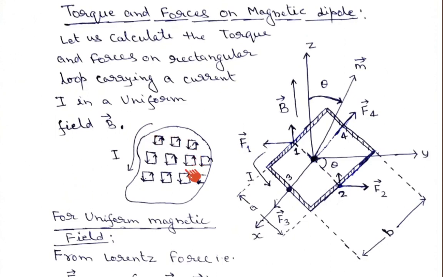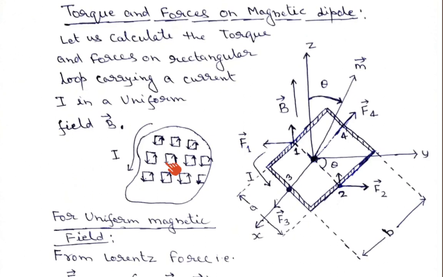The inner side of the dipole will contribute 0 current, but the outer side, which is close to the interface, a boundary, will contribute a current. That gives the total current in the magnetic material, that is I. And because of this steady current, there will be a magnetic field in the material, a magnetic property in the material.